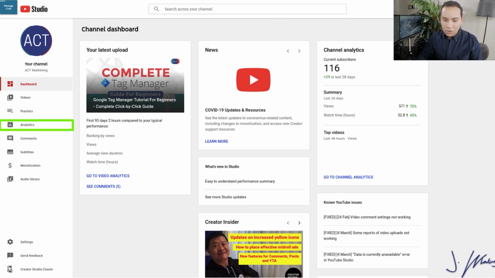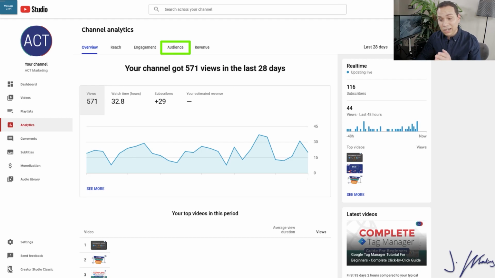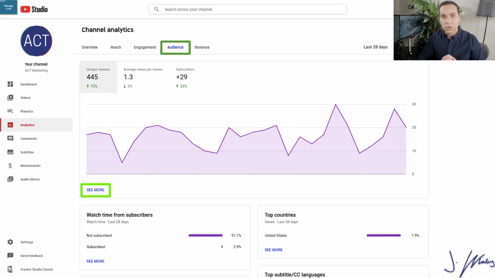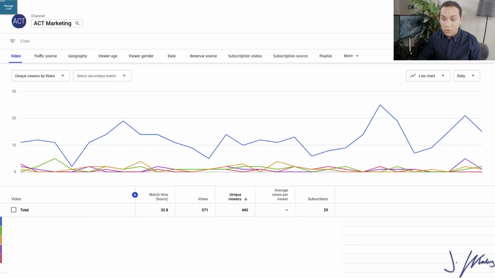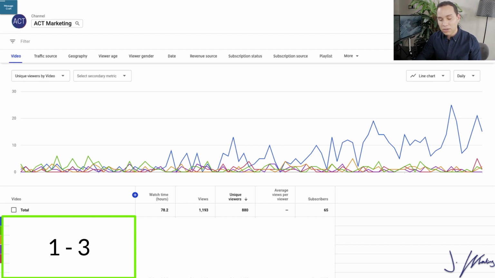So here's a sample account. We'd go ahead and click on Analytics, and then we'd click on Audience, and then we click on See More. So you'll see this inside of your Creator Studio. Once we click See More, we're gonna go ahead and change it from 28 days to the past 90 days. And then you want to look at your top 1 to 3 videos and choose the one that's getting good watch time, that's getting good click-through rates, or is getting you a decent amount of subscribers. This is going to be subjective based upon you, and it's okay if you're looking at your stats and you know another channel's doing XYZ better or worse. It doesn't matter. This is only just based upon the videos and how they're performing for you and your channel. You don't need to compare yourself.